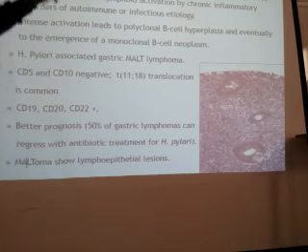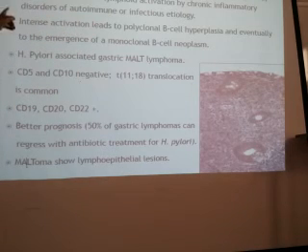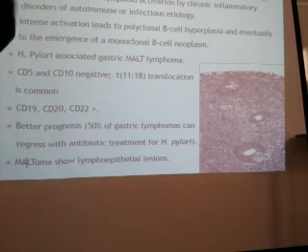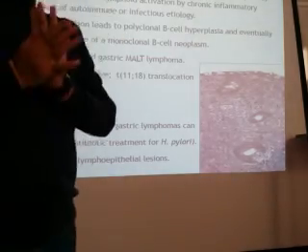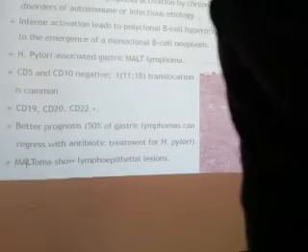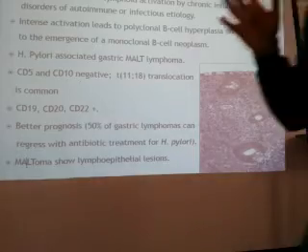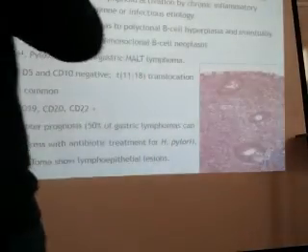Mucosa, okay? So marginal zone B cell lymphoma, we also call it, arises due to mucosal lymphoid activation by chronic inflammatory disorders of autoimmune or infectious etiology. I will tell you, don't worry. There is H. pylori infection. How will this H. pylori infection be controlled? It will be controlled by the lymphoid cells which are present in the GIT. So these lymphoid cells, once they come in contact with the H. pylori, they divide. There is polyclonal proliferation. Normally whatever the proliferation is, this is polyclonal. Monoclonal means only in malignancy, okay? So there is more polyclonal proliferation of the cells.